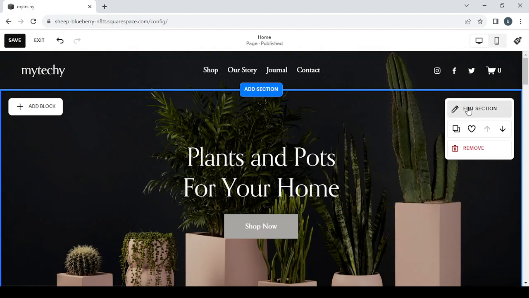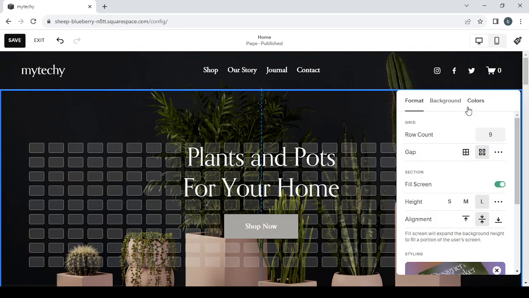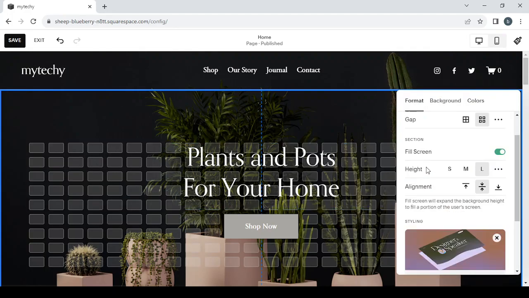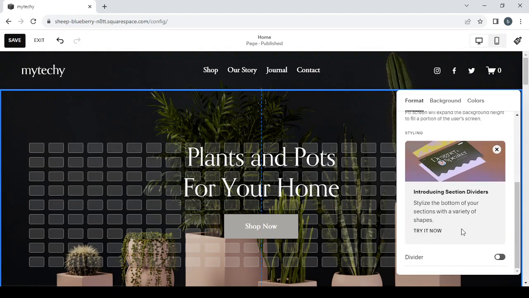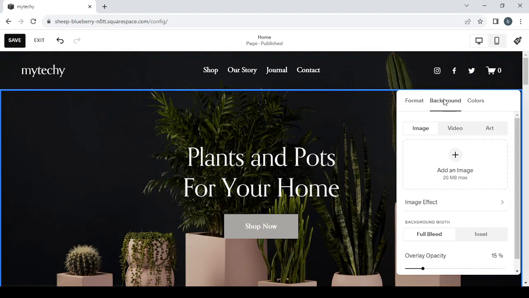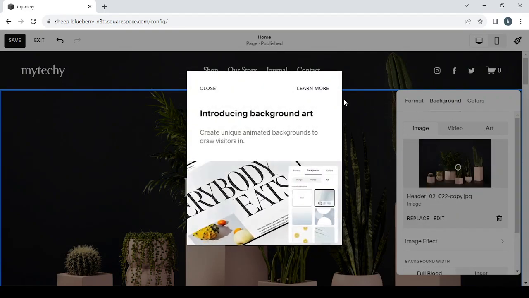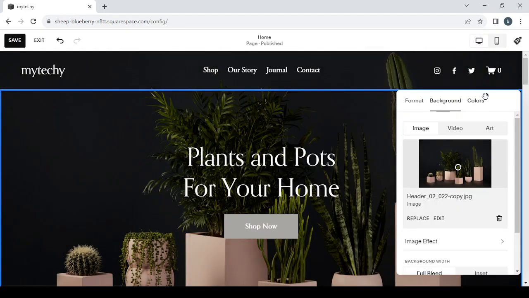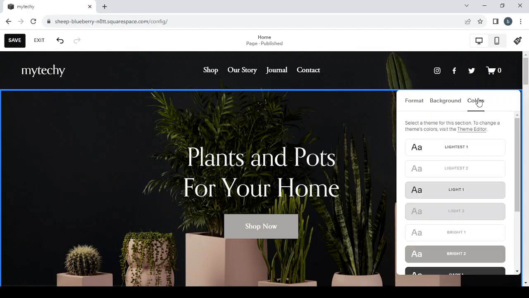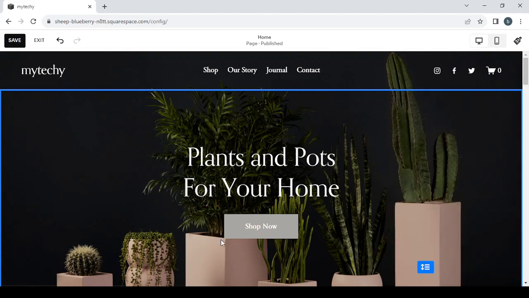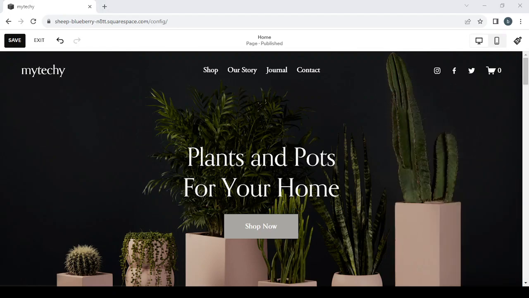If you click on edit section, you can always change the pages. As you can see, you can change the background, the image in the background, and you can always change the colors. So you can play with these adjustments until you create the online store that you want. And when you're done, you just click on save and all your edits will be saved. So let's exit this page